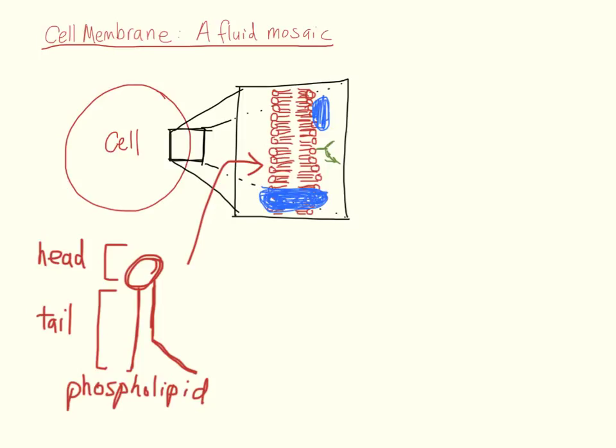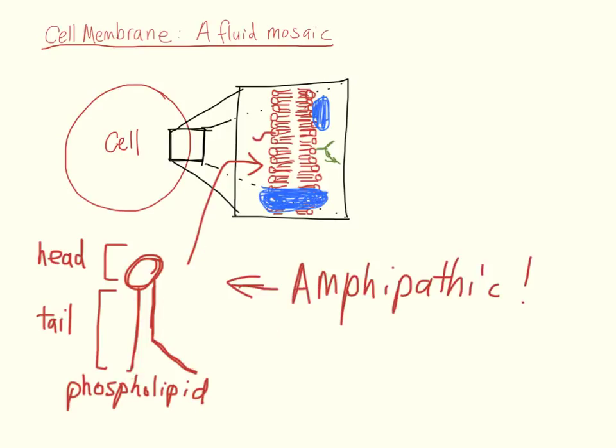Okay, so now let's talk about phospholipids. So here we have a diagram of a phospholipid, and as you can see, it has a head component and two tails. And phospholipids are amphipathic, which means that they have both a hydrophobic component and a hydrophilic component. Now, in the phospholipid, the head is hydrophilic and the tail is hydrophobic. So the tail is made up of lipids, and the head is made up of a phosphate group and another group,